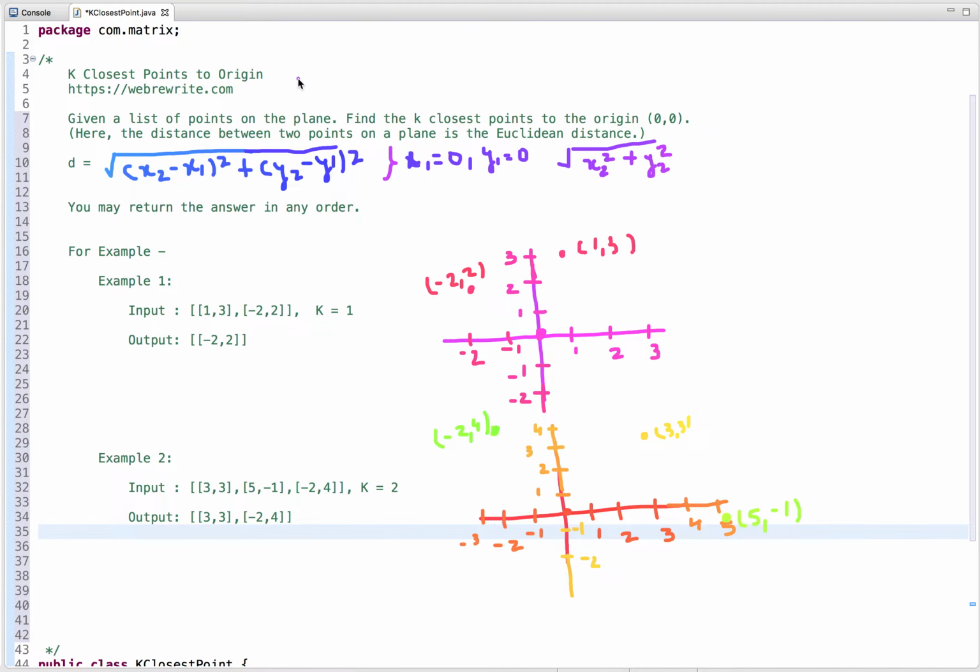In this tutorial, I am going to discuss a programming question: k closest points to origin. So the problem statement is, given a list of points on the plane, we have to write a code to find the k closest points to the origin. And in the problem statement, it is mentioned that the distance between 2 points on a plane is the Euclidean